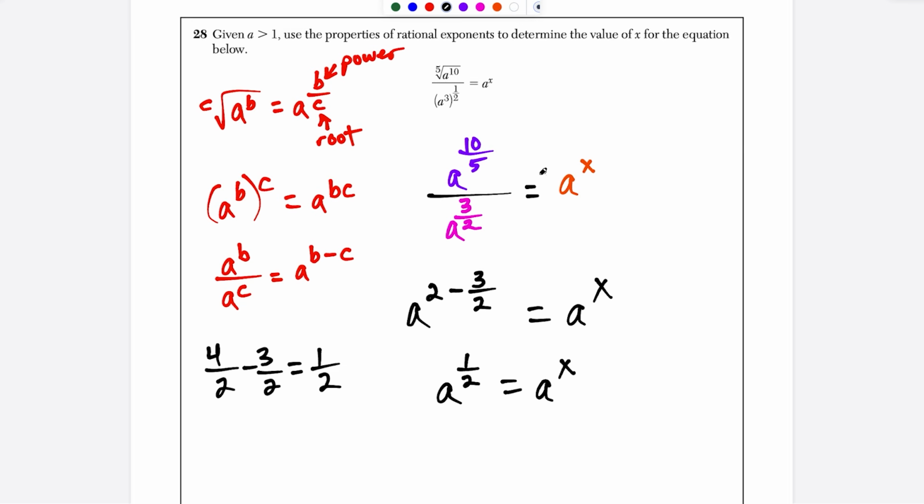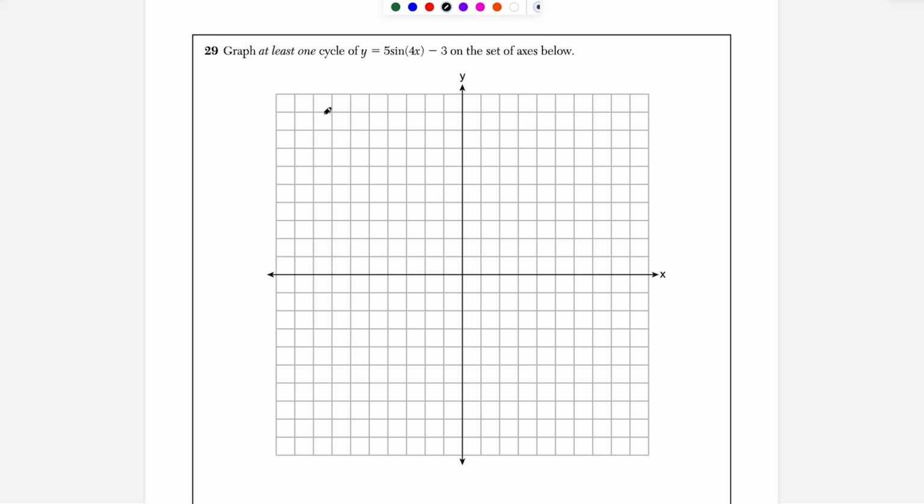But now let's make sure we're answering this question. They said to use the properties to determine the value of x. So I'm just going to say here now that x is equal to 1/2, and then this is our answer to question 28. Question 29, graph at least one cycle of y equals 5 times sine of 4x minus 3